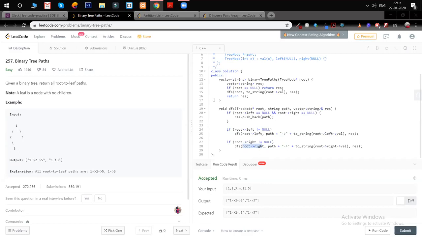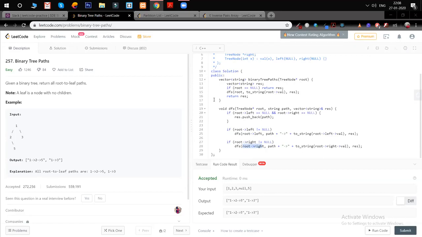Sorry, so you said you started doing that at the leaf node? So the stack approach: let's say in this example, we start from 1, so 1 goes in the stack, then 2 goes in the stack, and then 5 goes in the stack.